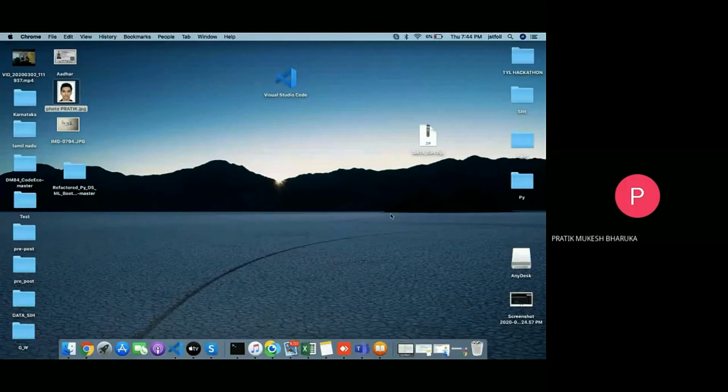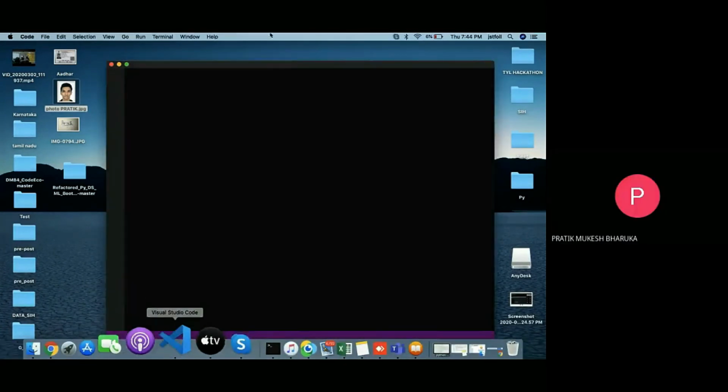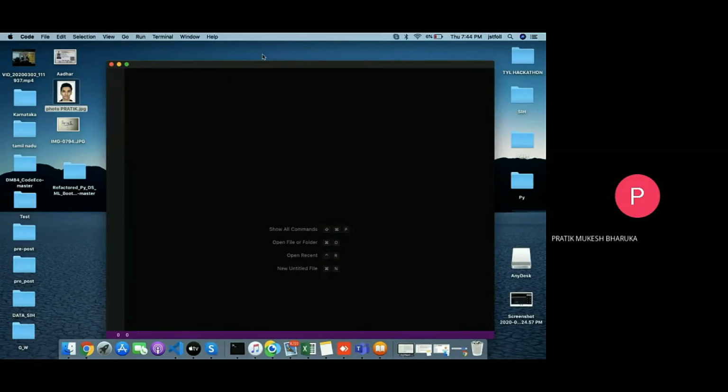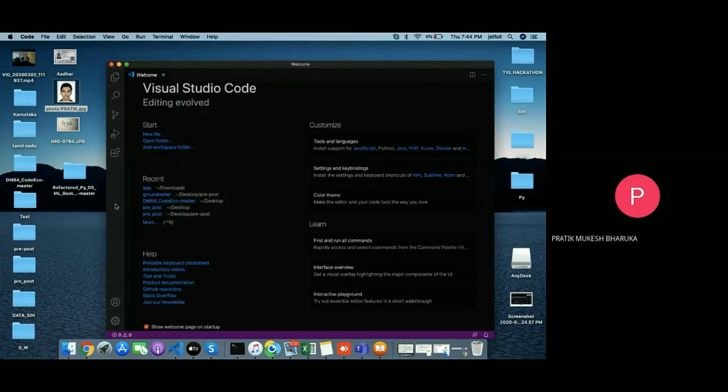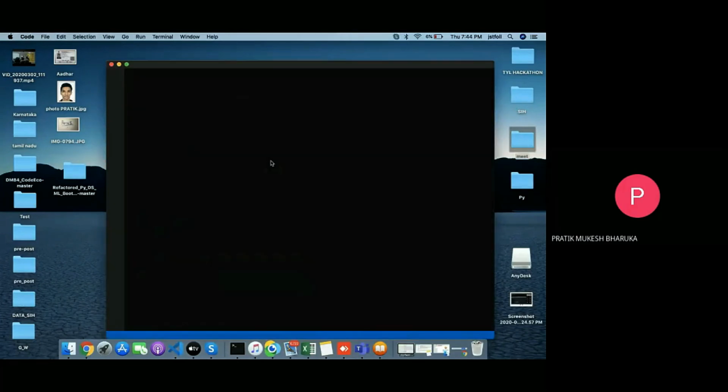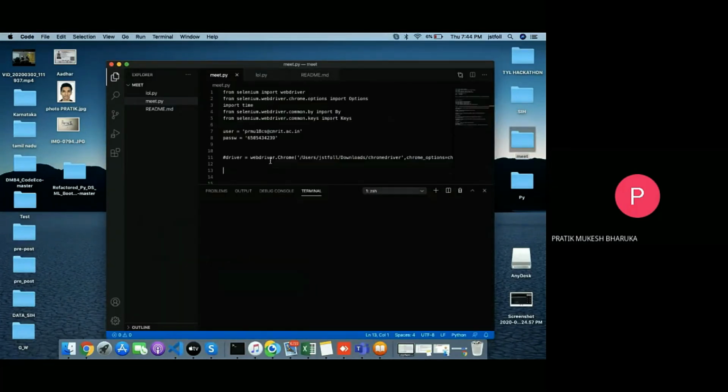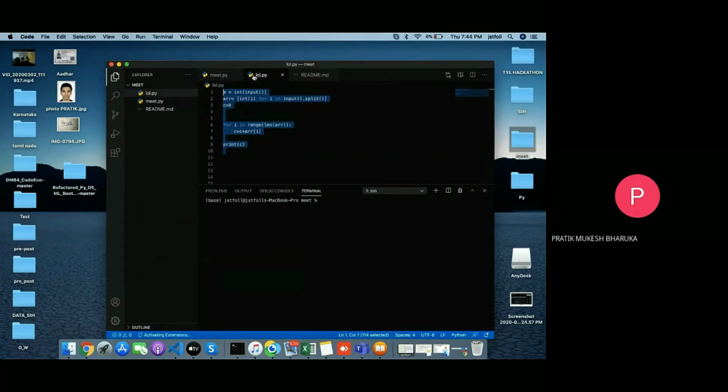Okay, no issues. We'll continue that tomorrow. So basically, this is how your Visual Studio Code would look when you open it, and wherever your file is, suppose this is my file, you can just drag and drop it here and the file opens. Harshul, was this your problem? This is how it works. You get all the files here. Could you see this, Harshul?